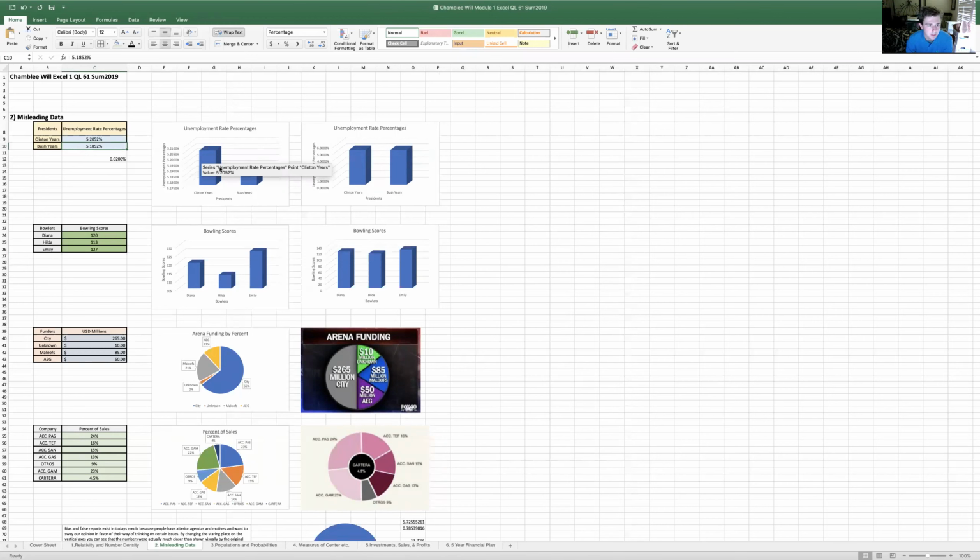It makes it seem like Clinton had a much higher unemployment rate percentage than Bush did, and that's because on the vertical axis, this graph starts at 5.1750, making Bush seem a lot lower than he actually was. If you look at the graph that's not really trying to lie to you, at 0.0 at the start on the vertical axis, you actually see that they're very close together. Same is true for the bowling scores. We just did the bowling scores for Diana, Hilda, and Emily. Starting at 105, it makes Emily's numbers seem a little bloated, as if she's a lot better bowler than Hilda or Diana, but starting at 0 again, you see that they're actually pretty close together.